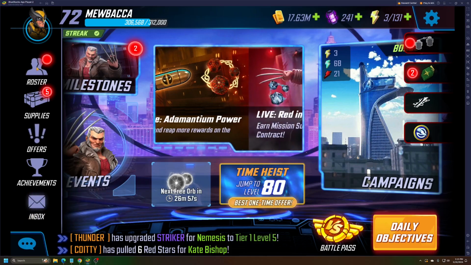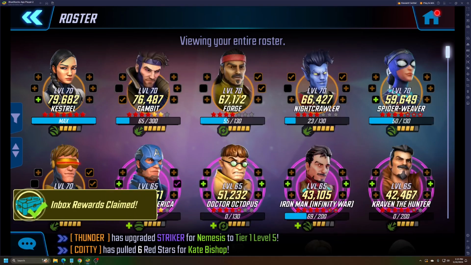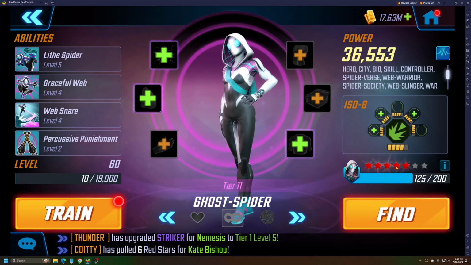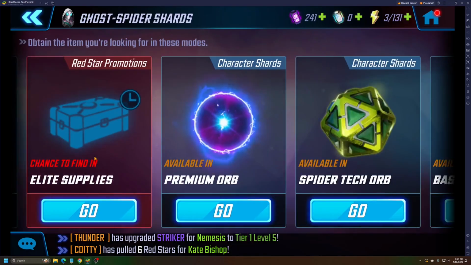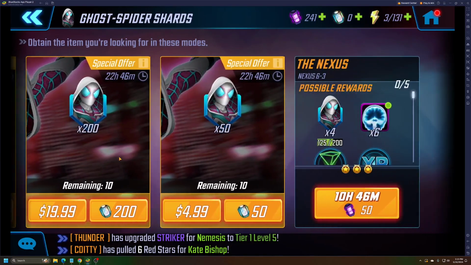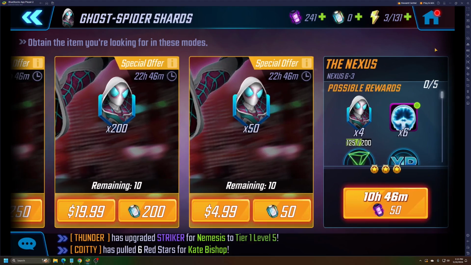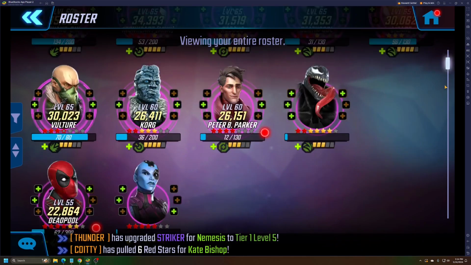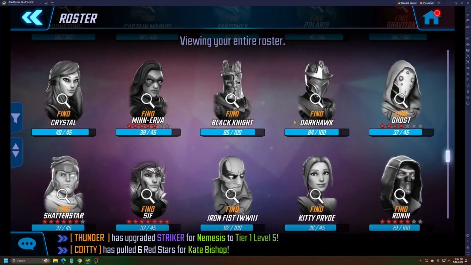So let me see if I can give you an example. Say we are going to farm Ghost Spider. Well, we have spent all the energy for Ghost Spider. But if we hadn't, and she's a bad example. Let's go down and find...